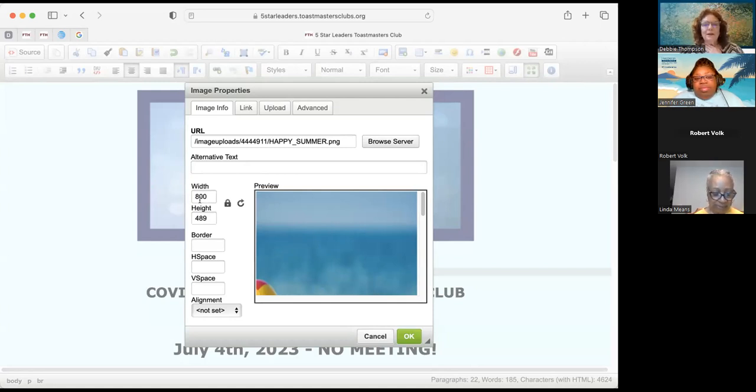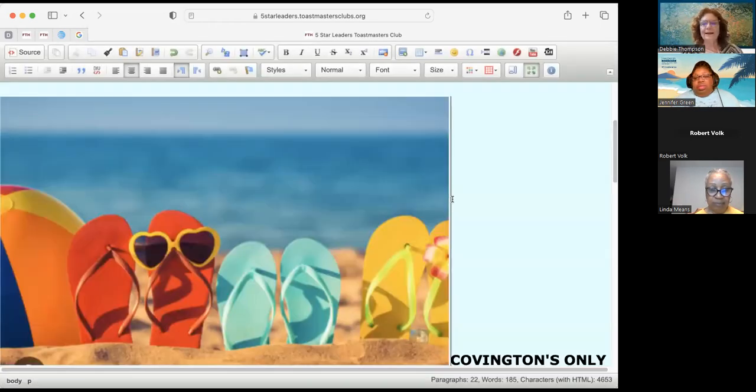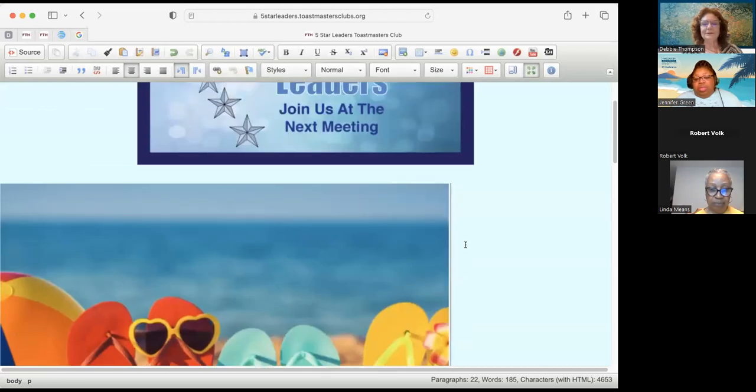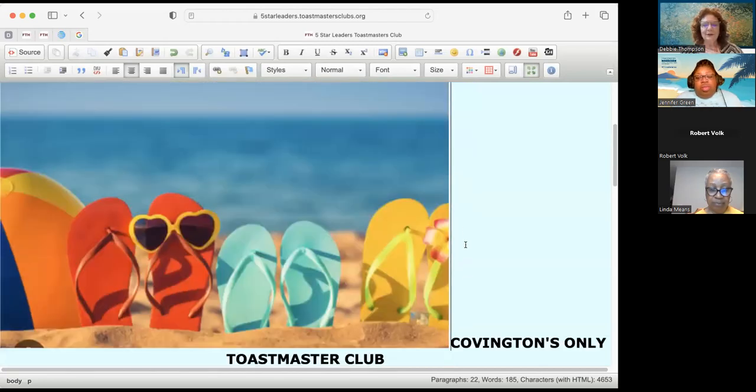All right. You'll notice that it has come in with a width and height already. That is pixels, I believe, but it has come in adjusted. So it's not going to smush it in or do anything. It's come in adjusted. Let's just say okay, and add that image. That's pretty big, isn't it? I don't want it that big.